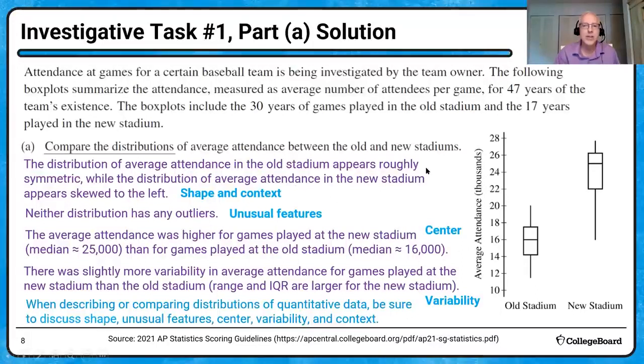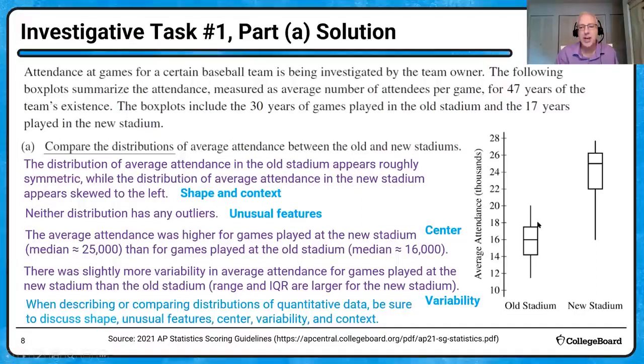Now I'll just make one comment about using box plots to describe shape. A box plot can hide a lot of aspects of a distribution, including how many peaks it has. We don't know if it has one clear peak or multiple peaks. We don't know if there are any clusters of values in the distribution. We don't know if there are any gaps. So a box plot gives a very incomplete description of shape, but it does help you think about the basic